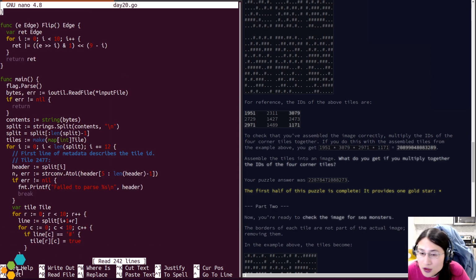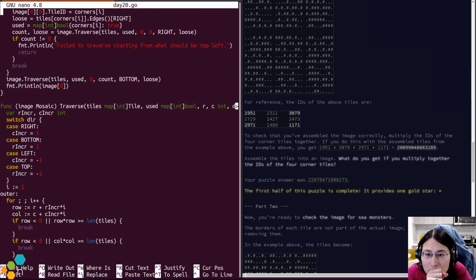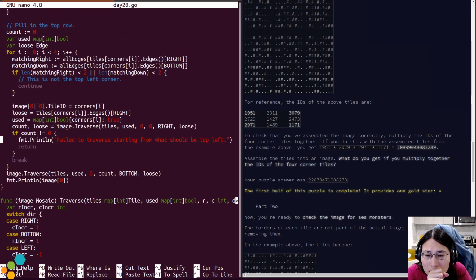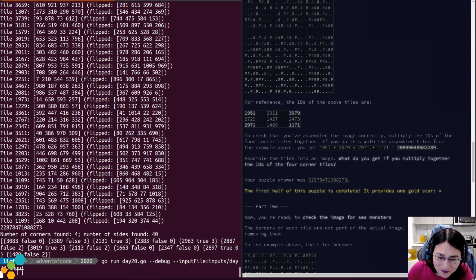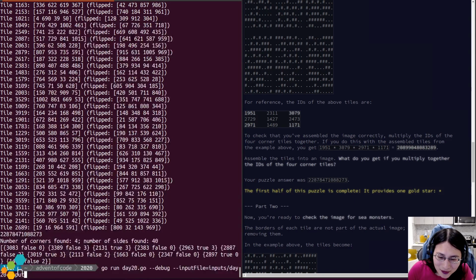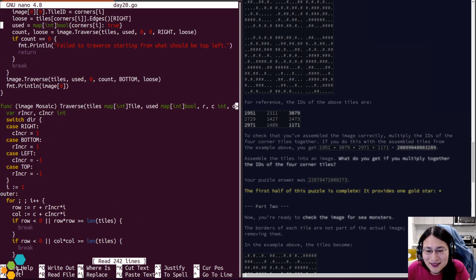What are we doing in here? Oh. Duh! I got that reversed. Yep, okay. All right. So now that reliably finds the top left corner. Good. Okay. Now that feels much better.